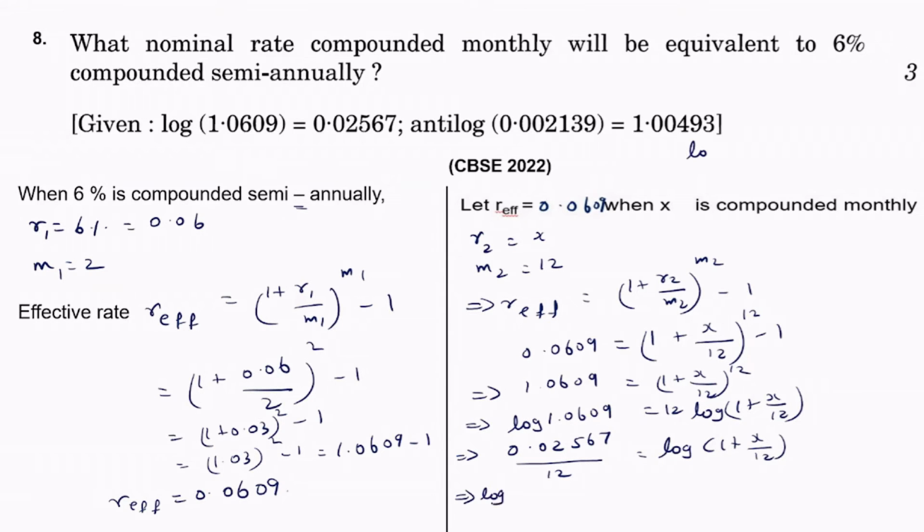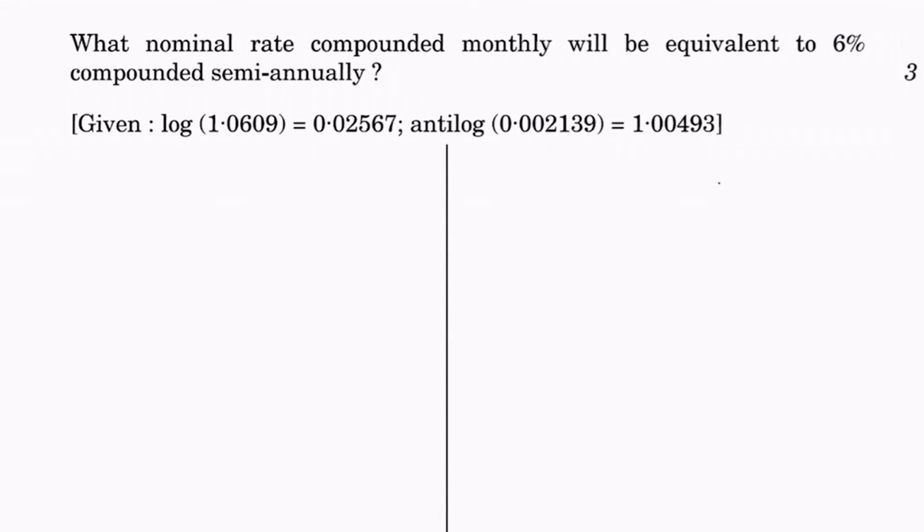It is equal to, when we divide 0.02567 by 12, we get 0.002139. So log of 1 plus x by 12 will be 0.002139. As a result, 1 plus x by 12 will be the anti-log of this. So here we got 1 plus x by 12 as anti-log of